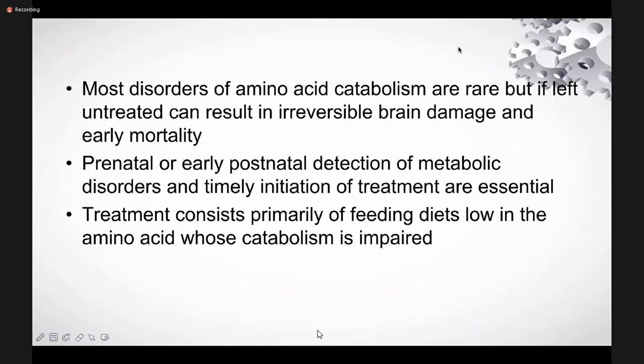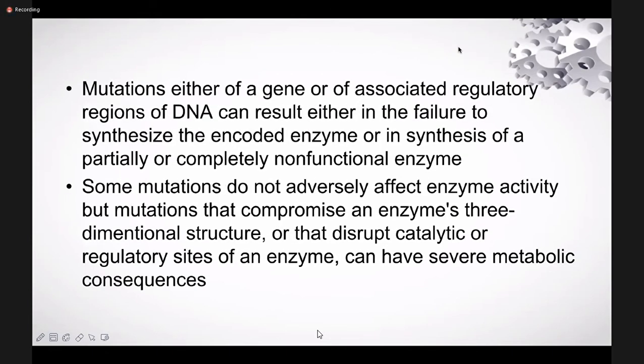So all you have to do is know the defect and just modify the diet, and in the diet advise your patient to reduce the amino acid that has impaired catabolism. Okay, so the mutations involved in catabolism are either of a gene or of associated regulatory regions of DNA